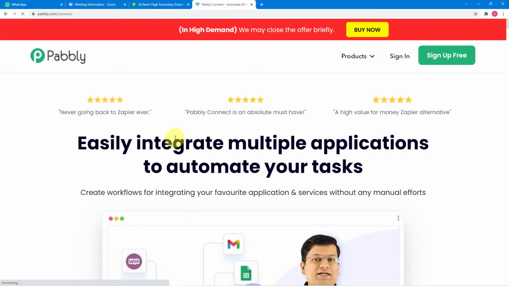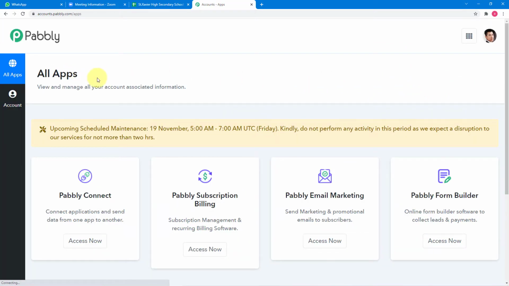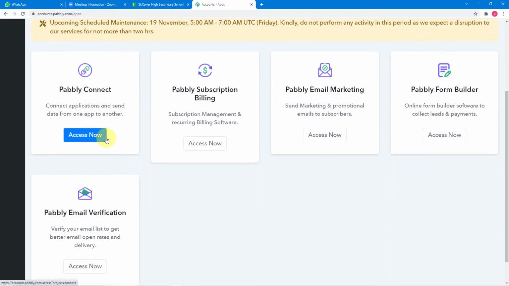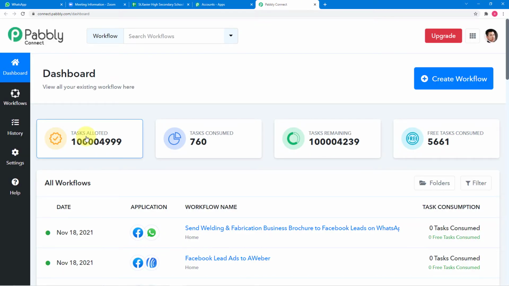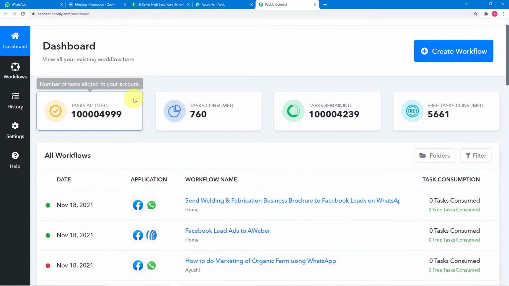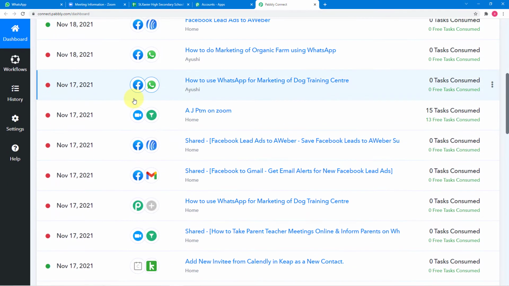And from this page, you can set up your free Pabbly Connect trial account by clicking on sign up free button in just 2 minutes, which I have already done. So I'm going to click on sign in. And from this all apps section of Pabbly, come to this Pabbly Connect panel and click on access now. Okay, so this is the dashboard of Pabbly Connect, and to start working here, you have to create workflows like